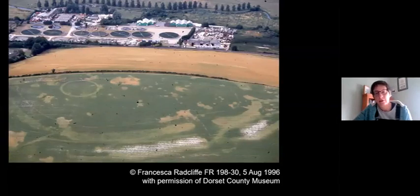This is an aerial photograph taken in 1996, and you can see that it shows in the crop marks there very clearly the different elements that I've been talking about. So down here you have this outer bank, which shows up as this white spread where the bank is being eroded by the plough, and within that you can see the ditch of the henge around like that, and you can see the line of the palisade as well as this faint line,